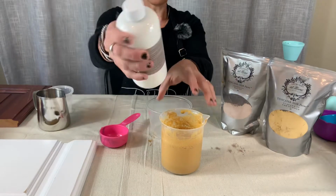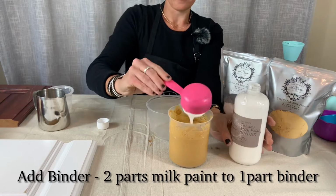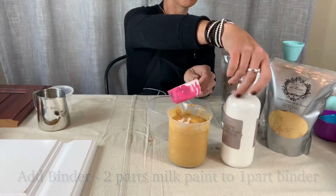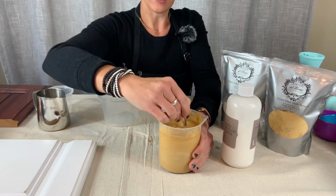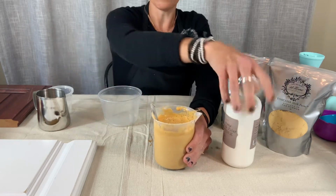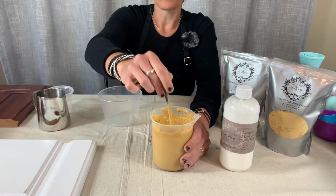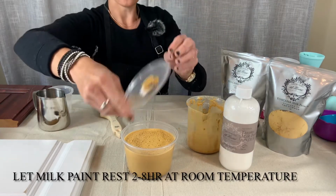You just want to shake up your milk paint binder. And it may make your wet milk paint look a bit lighter, but don't worry. Toscana Milk Paint Binder will dry transparent and clear by itself. So once the milk paint is dry, you won't tell a difference between if you had added it or not. So now we are going to let that rest 2 hours,